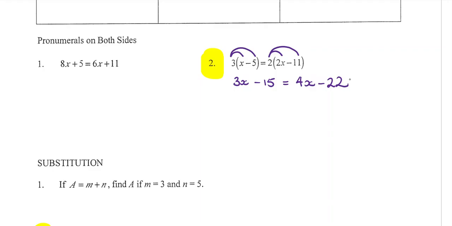Okay, now we haven't done this type yet where we have x's on both sides. Does anyone remember what we do when we have x's on both sides? Yes. We want to get them together so that there is only one. We want to collect them up so there is only one of them. And usually, you don't have to do it this way, but our tip was we want to move them over to the left because we like to have our letters on the left-hand side of the equation,